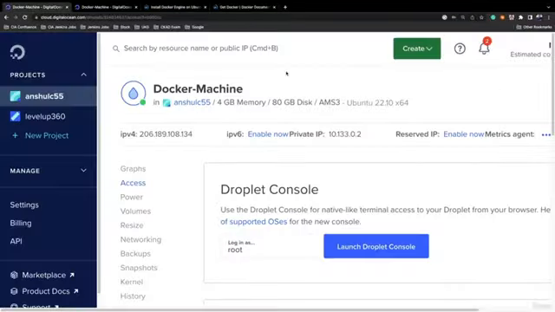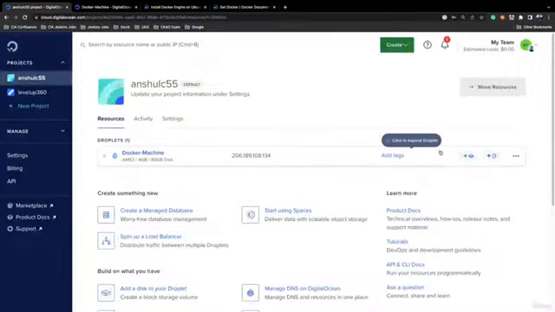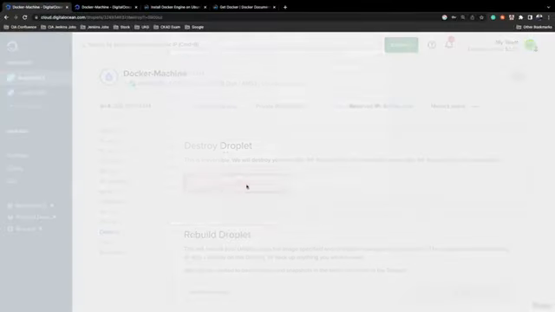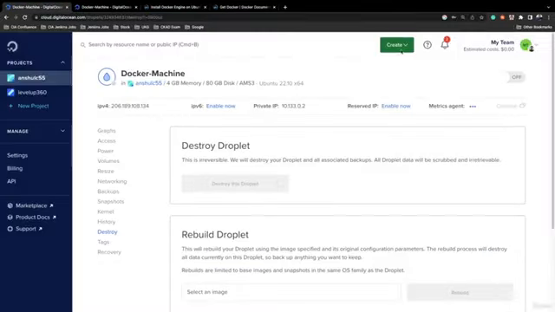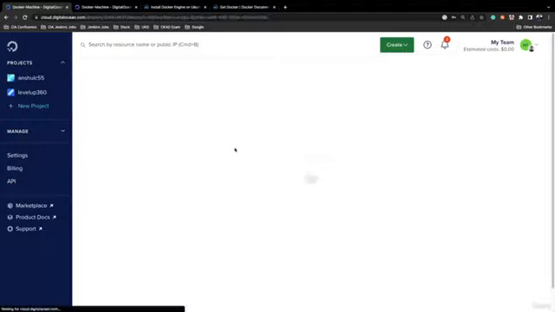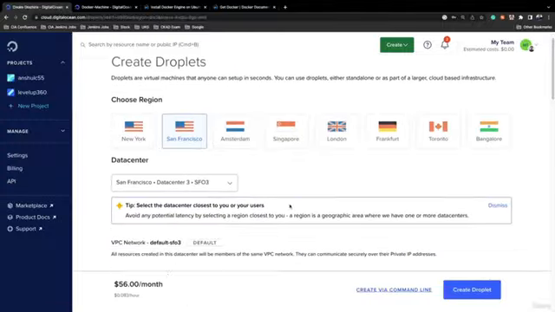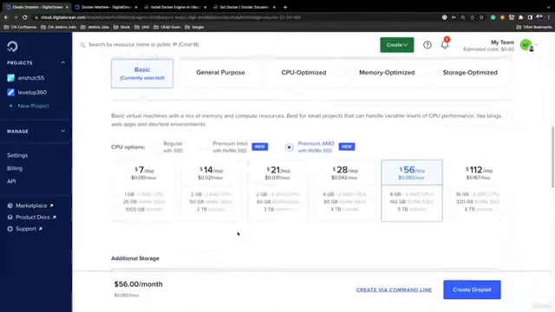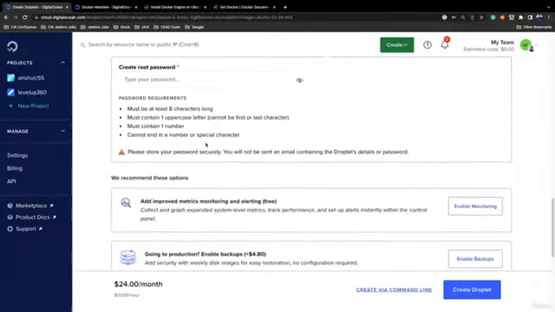So we need to recreate the Docker machine. So what I need to do, very first I need to destroy my Docker machine. So click on destroy this droplet, and I will create a new droplet with the compatible operating system. We are already aware of the steps, so I don't need to explain each and everything again and again. I will just choose the Ubuntu 22.04 long time support version, fill out my other details, and click on the